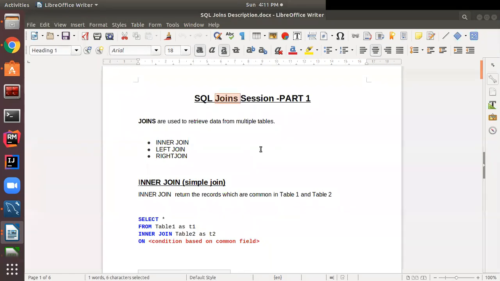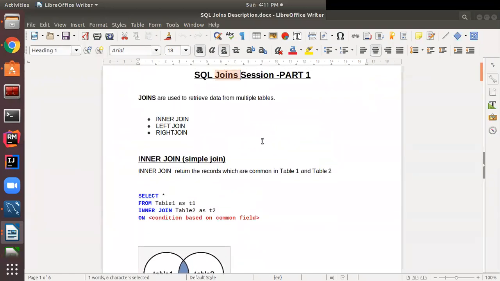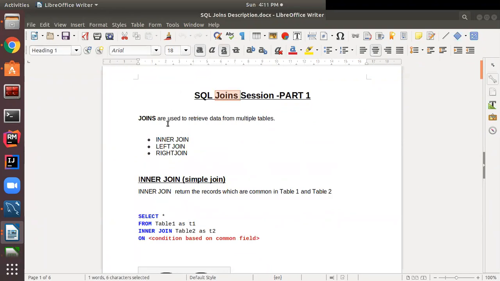You know, what is a database? A database is a collection of multiple tables. For example, an employee database contains all the tables related to employees, like the employee master table and the employee transaction table, where we keep the record of salary, and in the master table we keep the record of employee details. Similarly, we have other tables like inventory; a student database contains all the tables related to students, right? SQL joins are one way through which we can retrieve partial data from one table and partial data from another table.